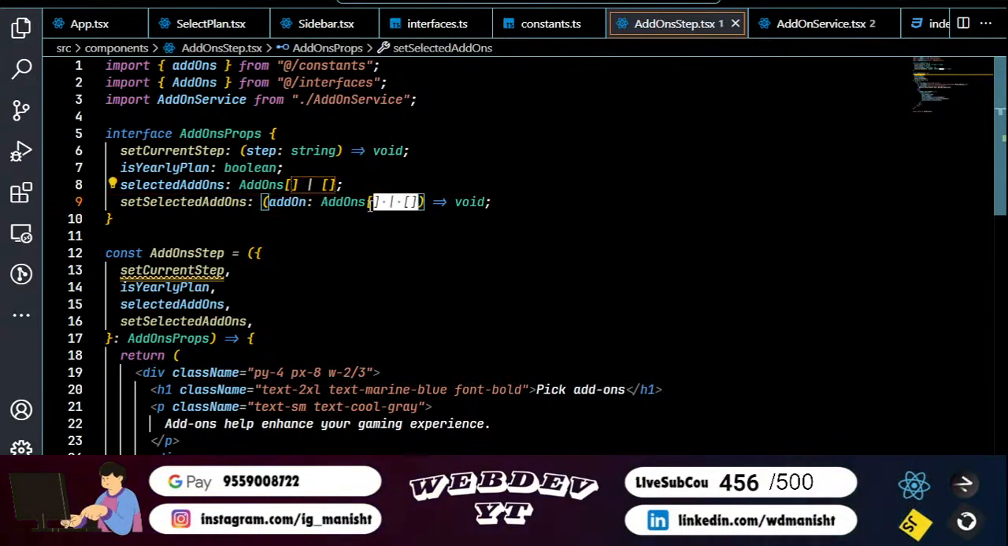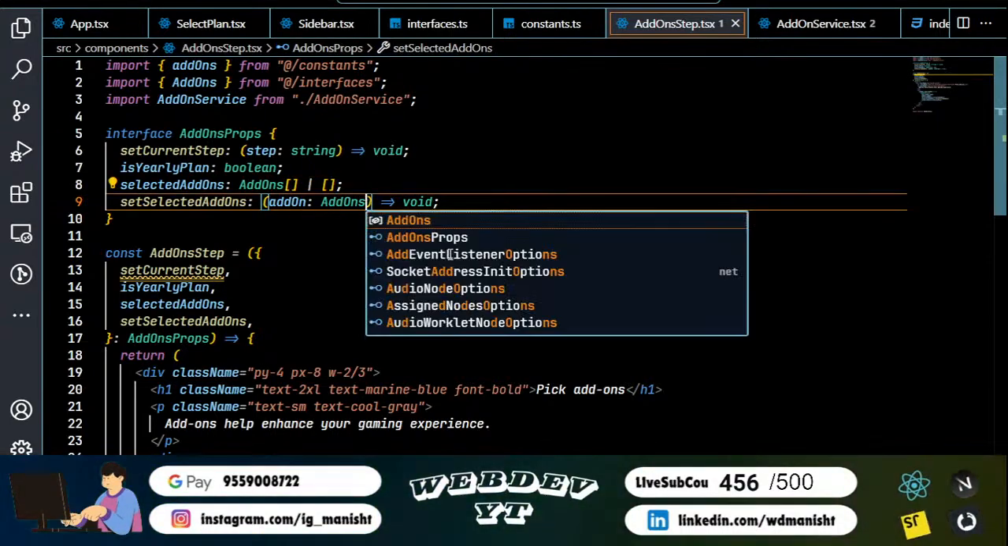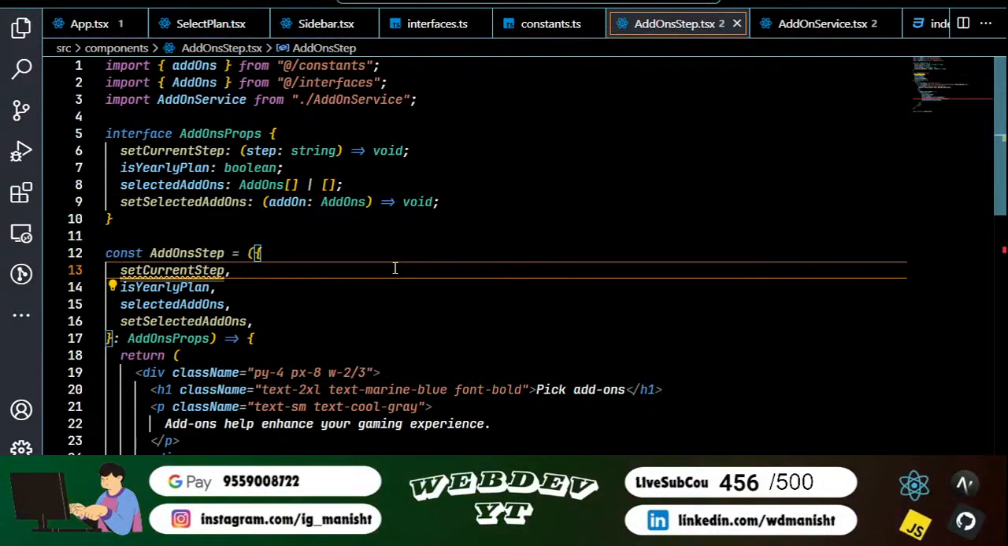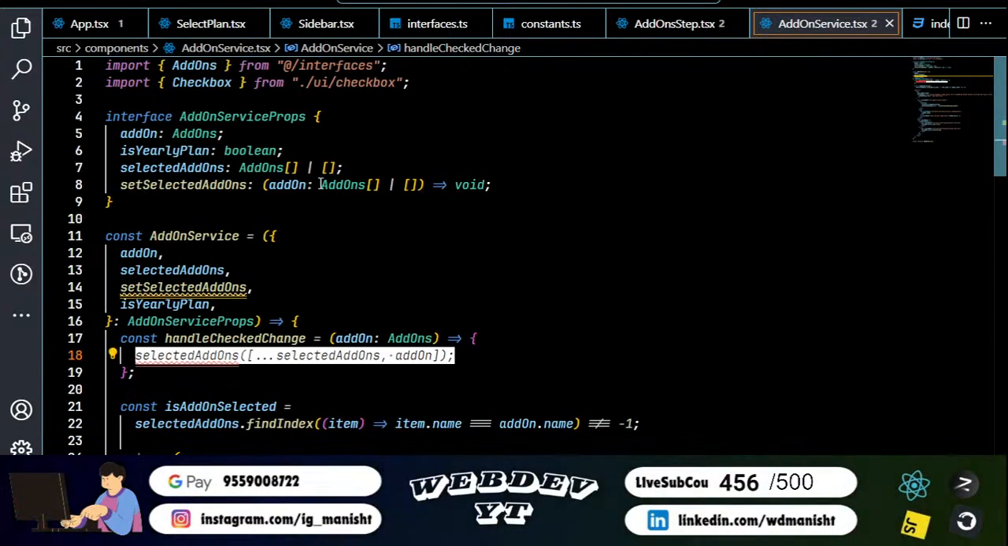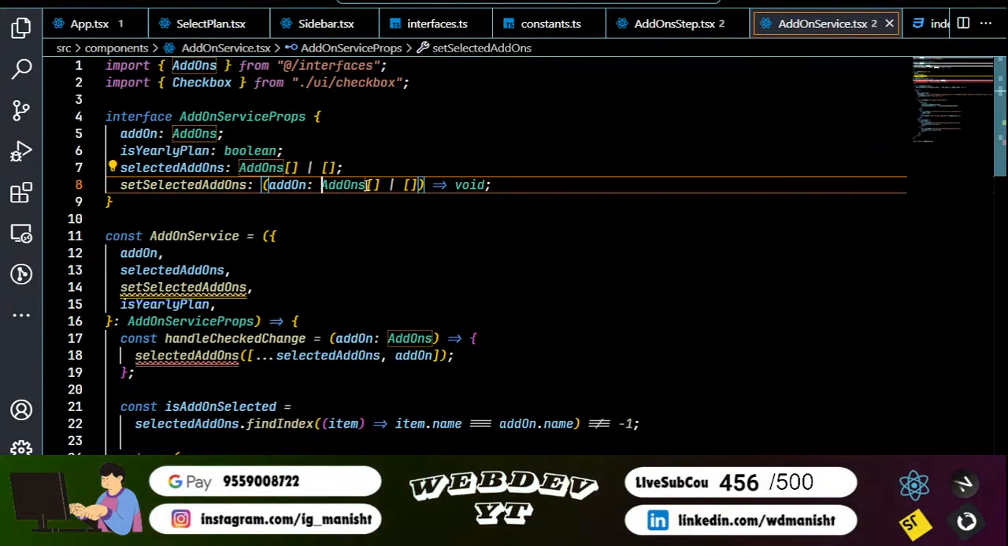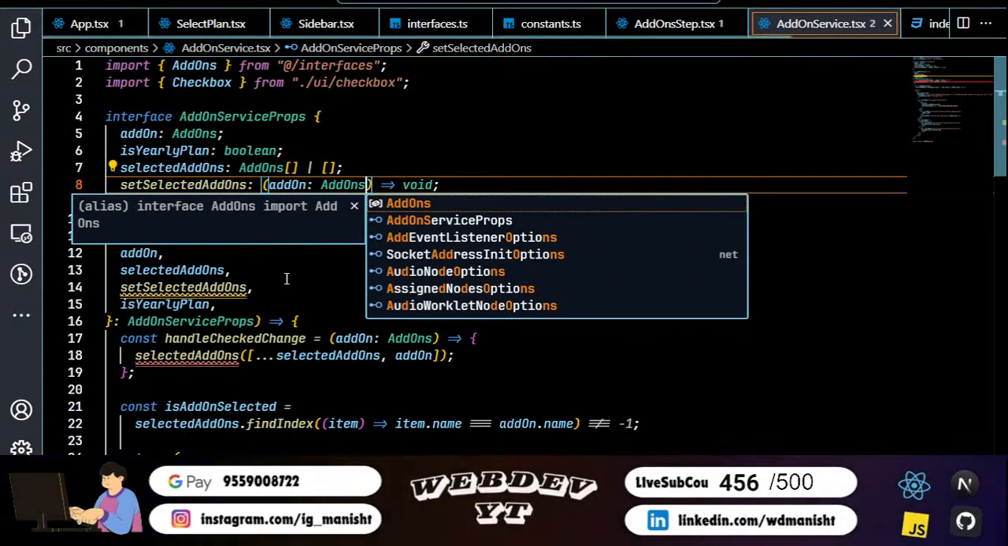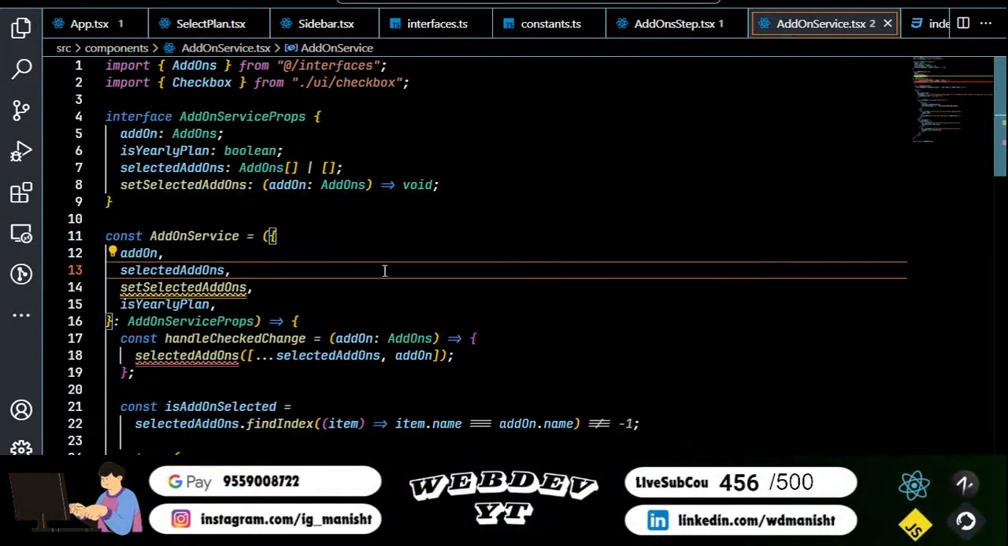My bad. It should not take the array; instead it should take only add-ons. My bad, this mistake was there. It should not accept any array. Instead of it, it should accept